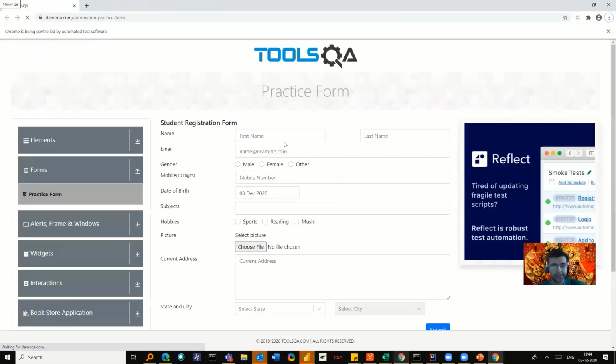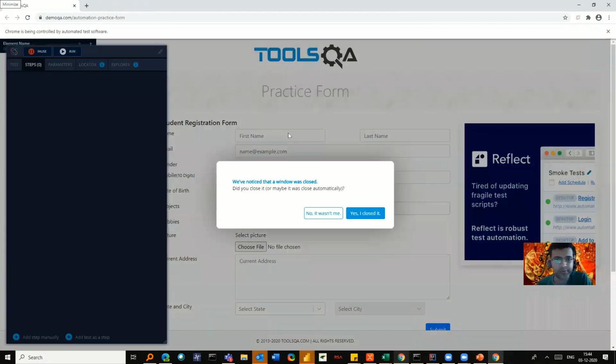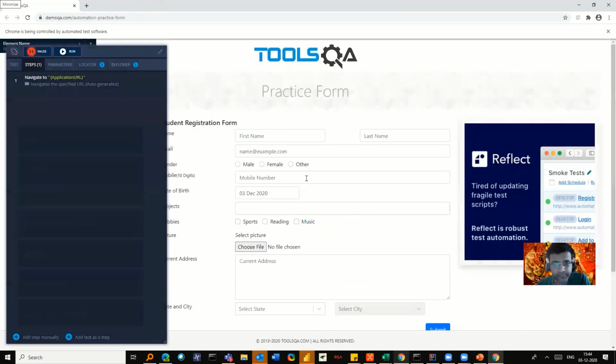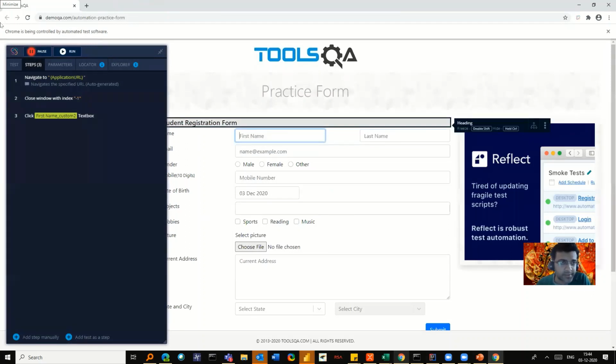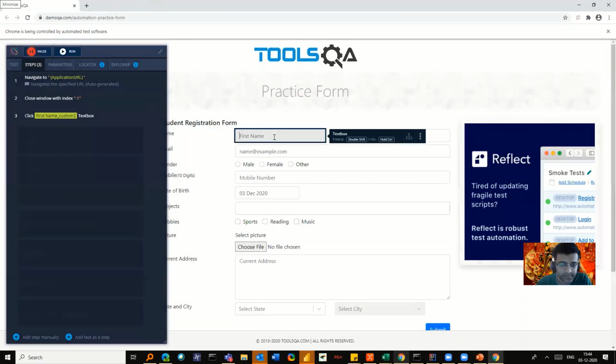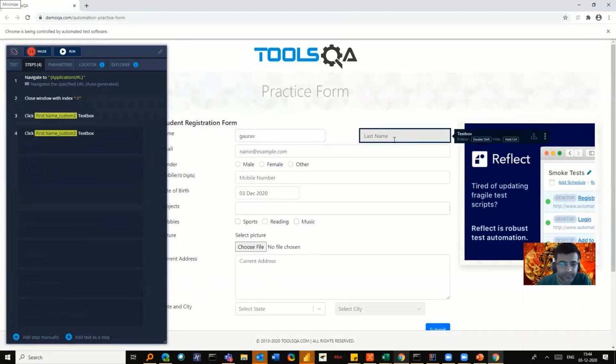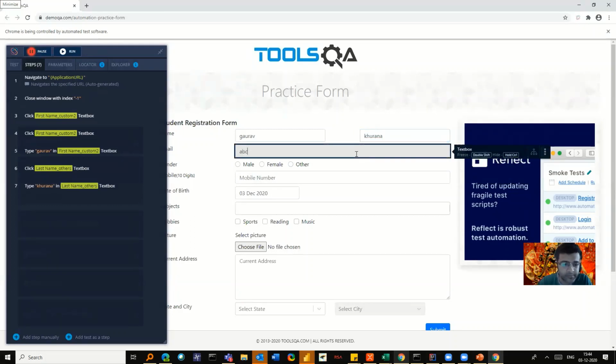Right now, if you see, I'll fill in this information. The recording is on, you can see here it's paused. I will fill in Gaurav. I'm testing whether I can fill and submit this form automatically.